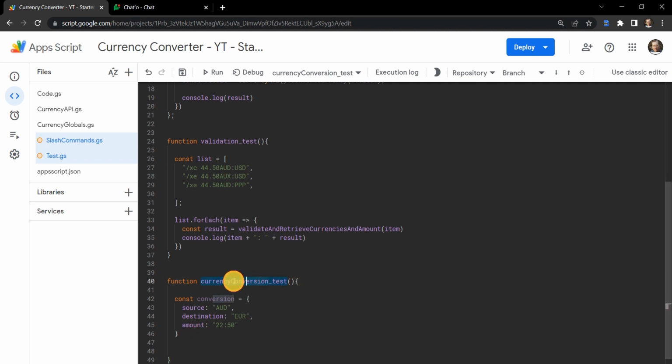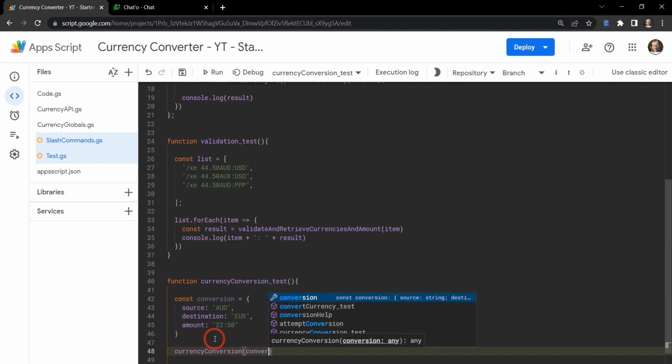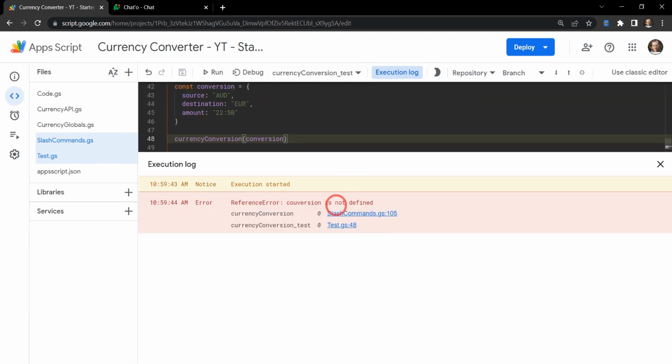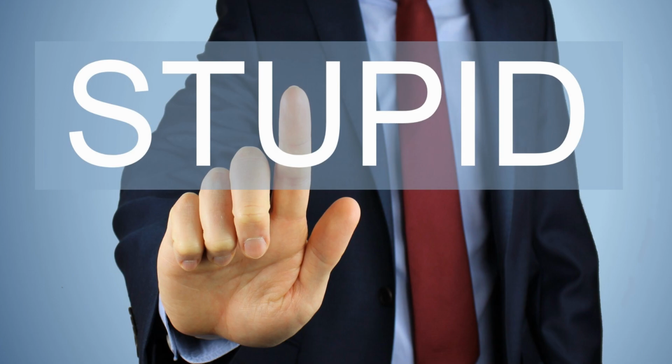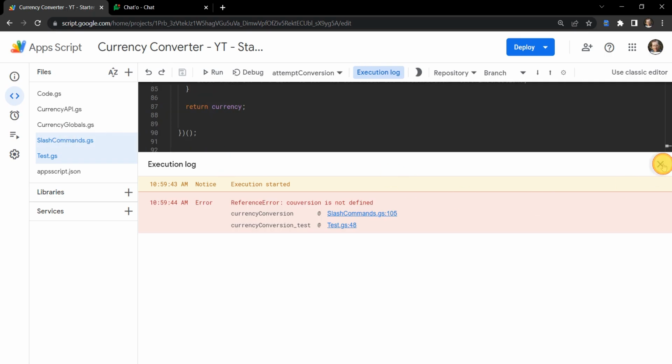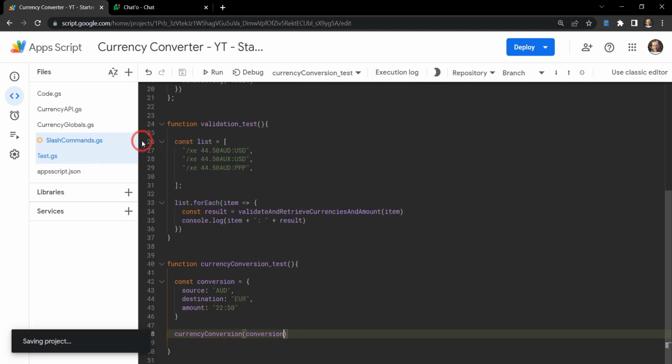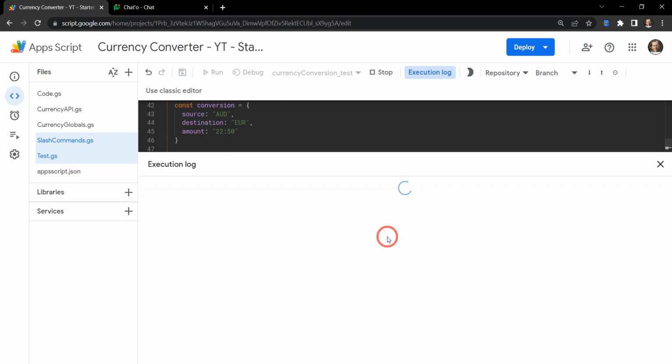And let's just send that over to currencyConversion. So let's just grab this. It's the same. And type in conversion here. We've already got a console log over there. Let's just run. Nope. Conversion. Oh, that's intelligent. All right, let's go back here. Just fix that one up. Click on that. There it is there. Save, back to test, run,